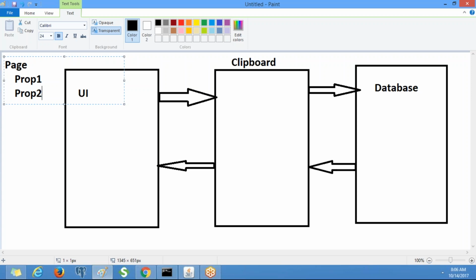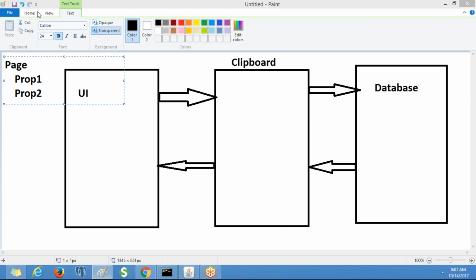So all the user interface details, whatever you are going to enter, will be available on some page on the clipboard.